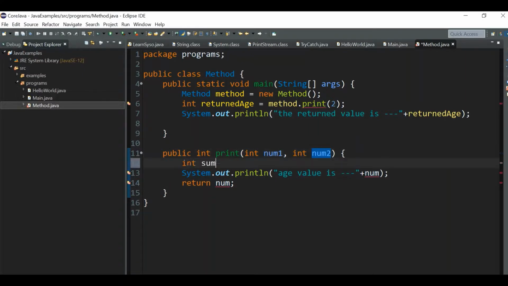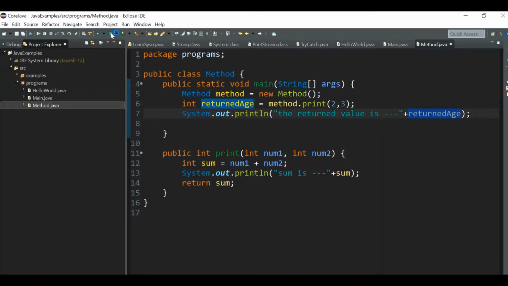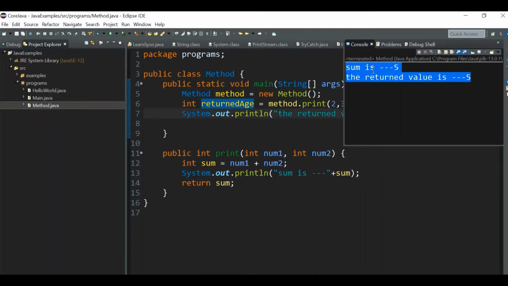Let me perform the sum of these two numbers: num1 plus num2, and I want to return the sum. Here also the returned value is this one, and here we need to pass two parameters, 2 and 3, and we are expecting 5, right? Yes, we are expecting 5, we got 5.